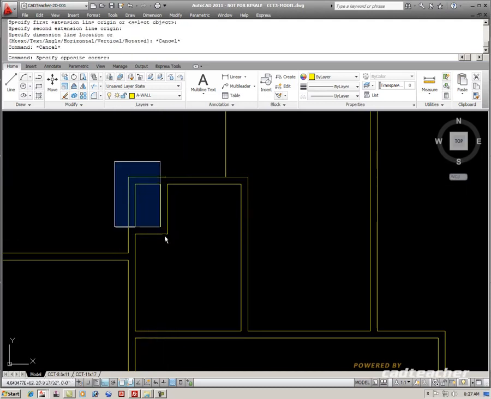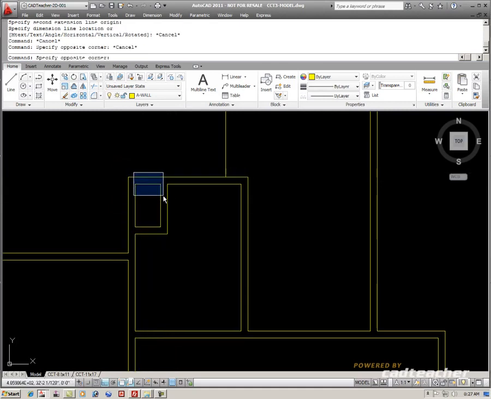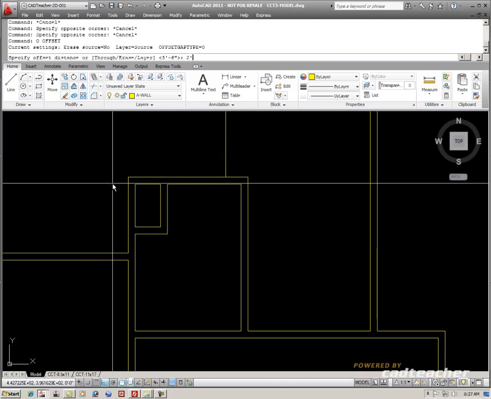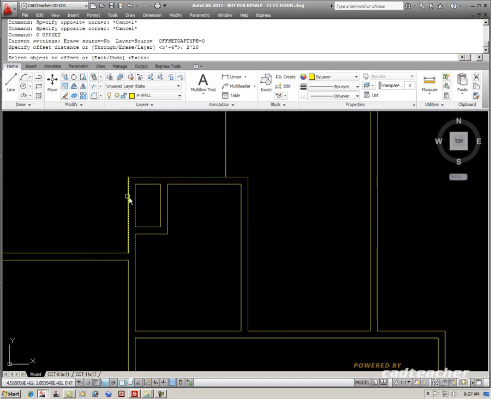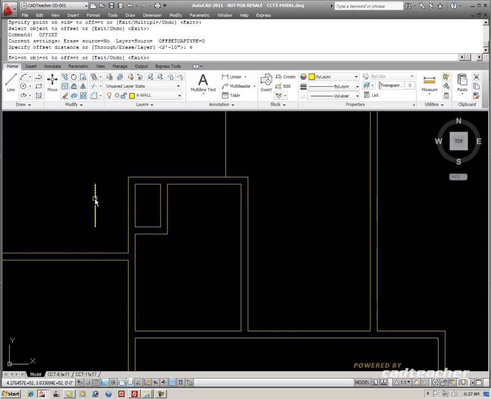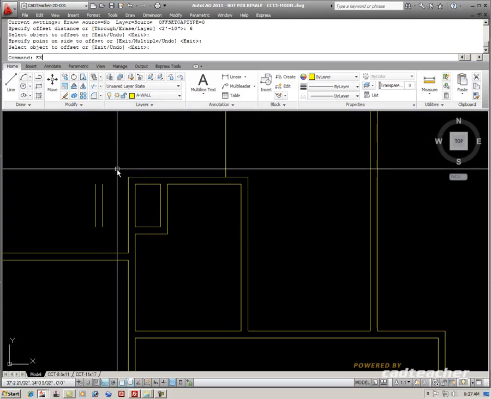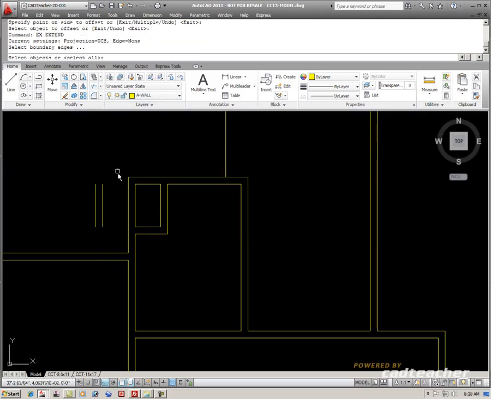Now, if I look at the opening though in this area, what I can see in fact is that there is not a wall in this point, but there's going to be a closet over here on the left. So I'm going to offset by 2 foot 10. I'm going to pick and go to the left, enter to stop, enter to repeat by 6 inches, pick and go to the right, and then I'm going to extend. I'm just going to type in EX space bar for extend up to here, these guys, and then fill it,